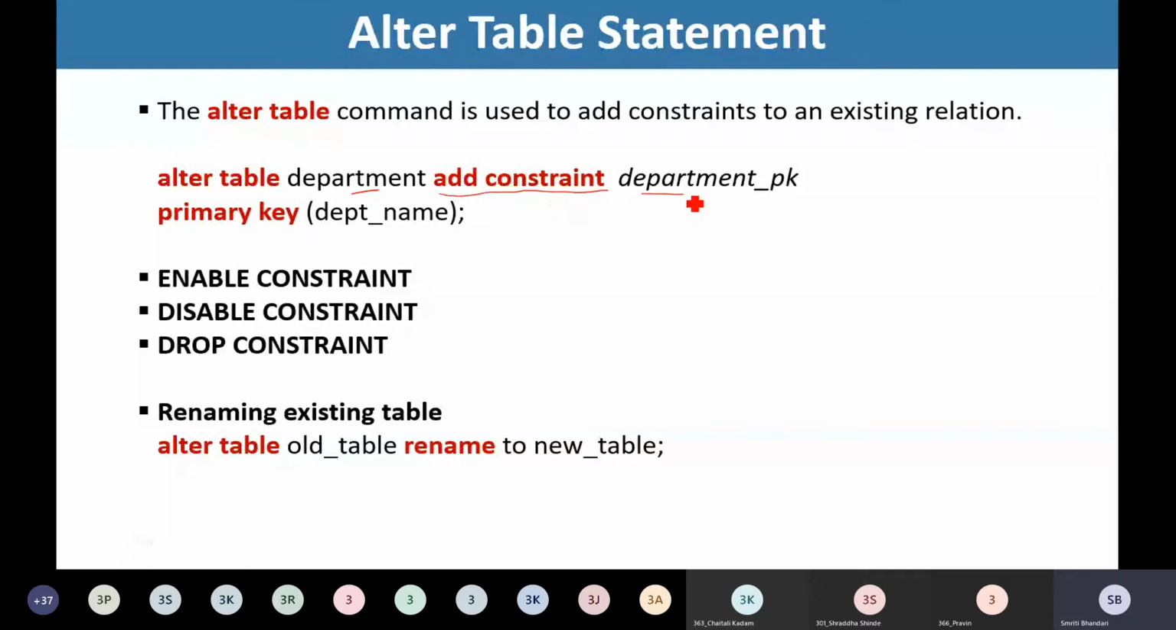Then department PK. So this is the identifier that is being used internally in the system to store that constraint. So department PK, it is as good as a variable, right? This is the identifier that is being used internally in the system to store this constraint. So what constraint we would like to add? Primary key, department name. So this